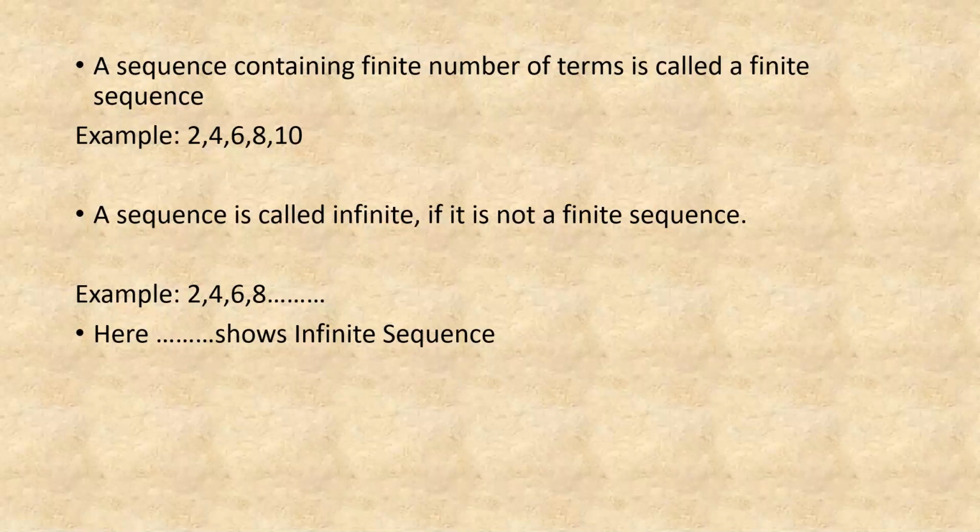A sequence containing a finite number of terms is called finite. You all know that. And what will be infinite? Infinite sequence will be? Which does not contain finite terms. Exactly. And what do you mean by finite? That is fixed. Which can be counted. Counted. Correct. So finite means which we can count. So if it has a countable number of terms, it will be finite. If it has elements which we cannot count, that will be infinite.